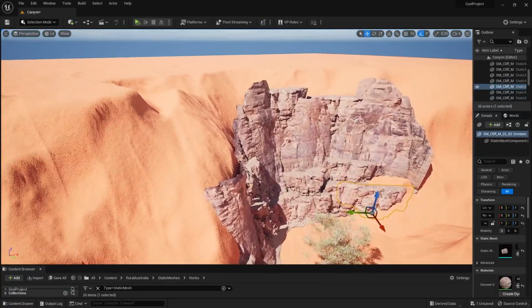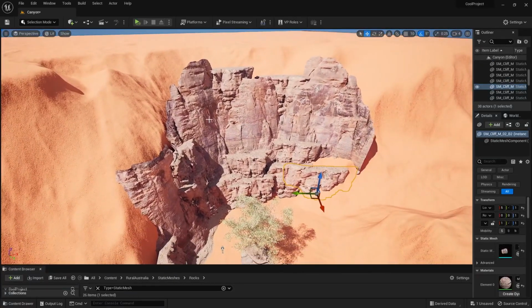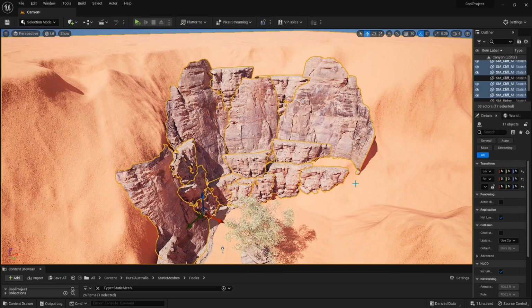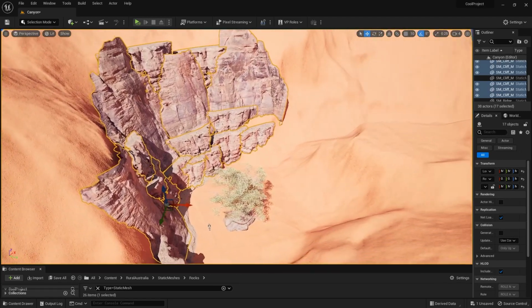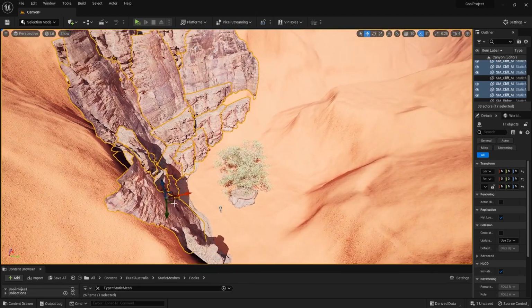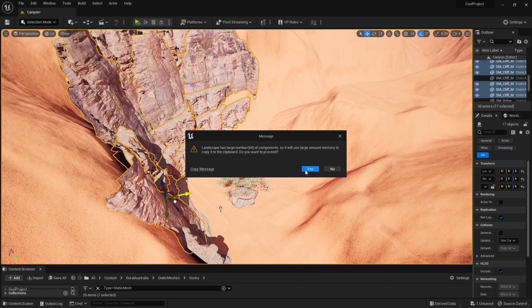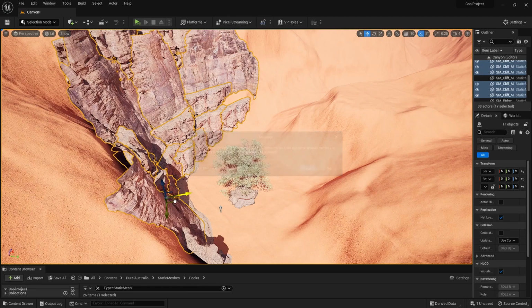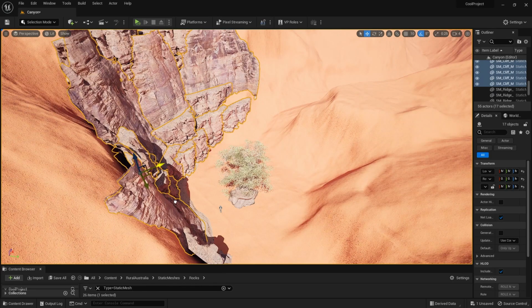If you want to marquee select a whole bunch of props at once, you can hold Control and Alt and click and drag. And it gets you a whole big selection. And I'm just going to hold Alt and drag. And it's giving me a warning trying to copy these to the other side. So I'm taking a bit of a big risky move here to copy them over, but I'm going to give it a try. And it stuttered for a second, but